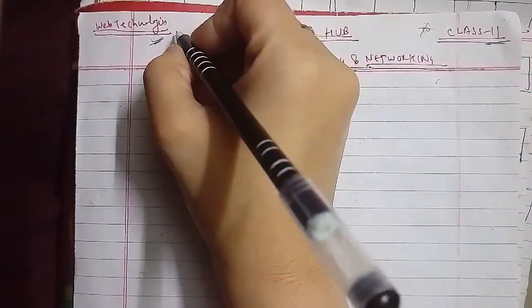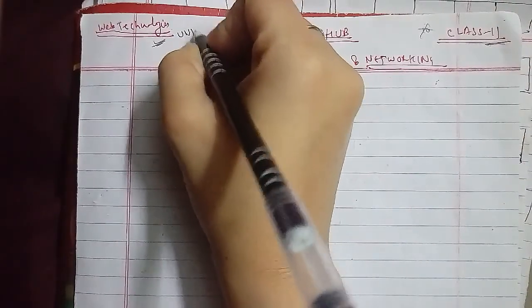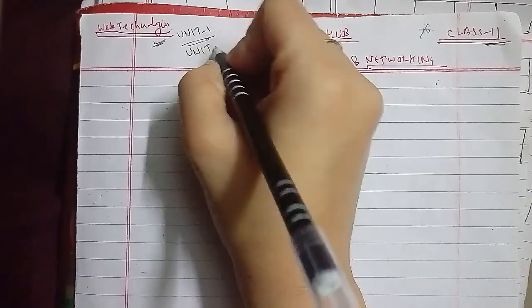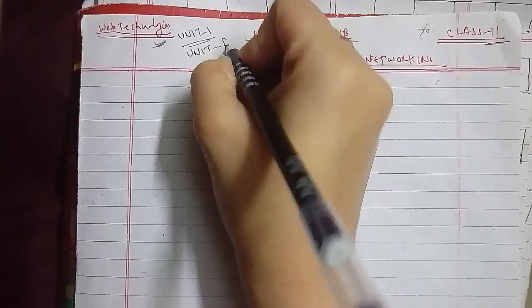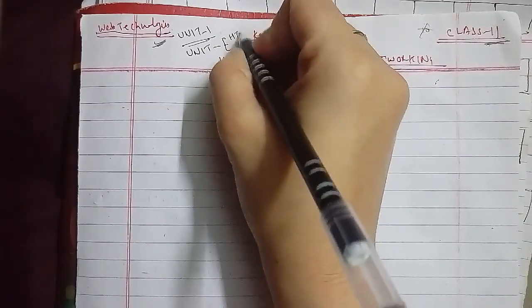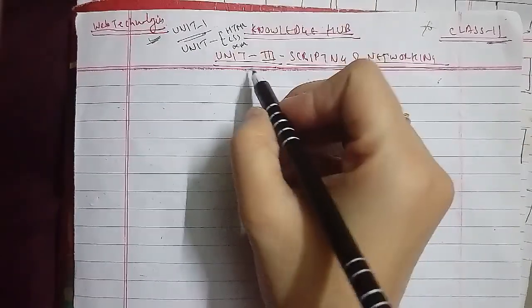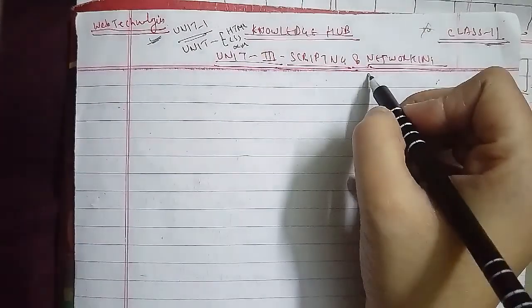If I'm talking about web technology, so this is unit 1 we had covered, and after that we had covered unit 2 as well. In unit 2 we had divided it into 3 parts: first we covered the HTML part, then CSS and then XML, and now we are going to study unit 3, that is scripting and